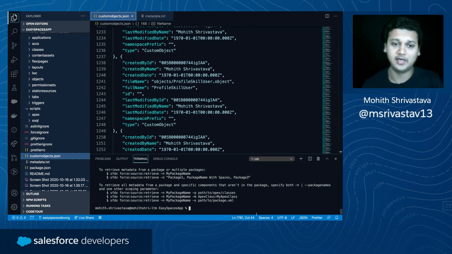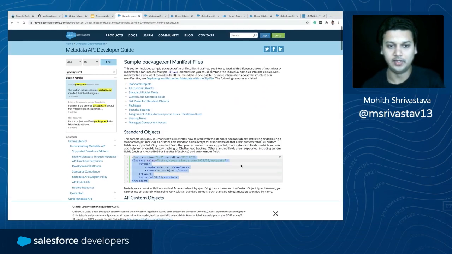in order to retrieve whatever components you specified in the package.xml, right? But you still need to create that package.xml, and that takes a lot of time, because you'll have to essentially go and look at all the